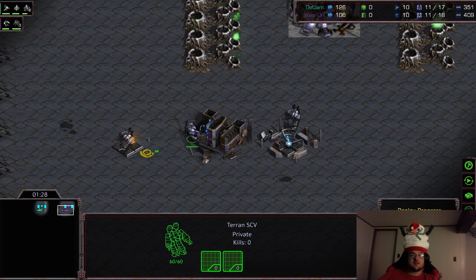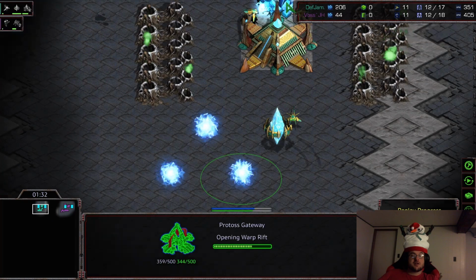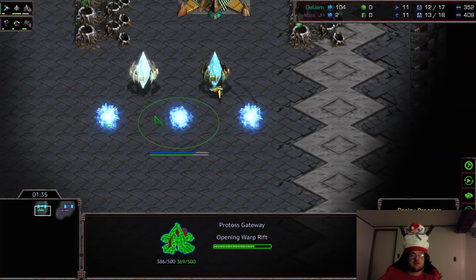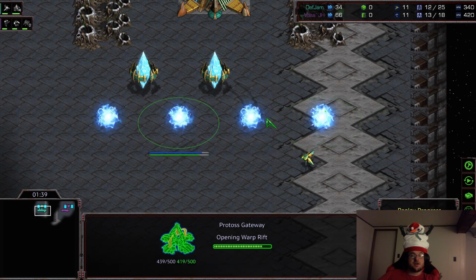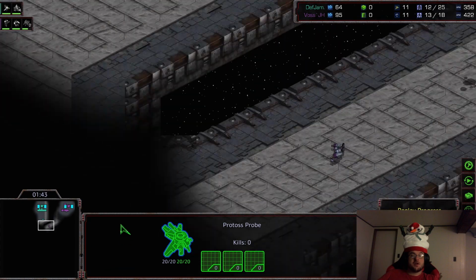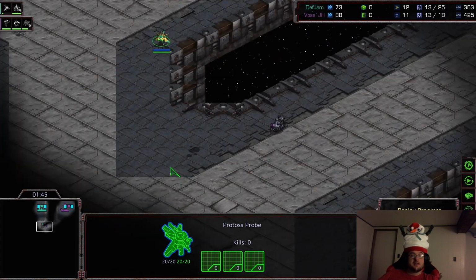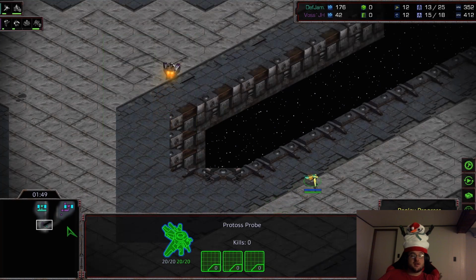JH going for that standard 3 barracks here. And yeah, this early pressure is going to be interesting, especially depending on how quickly they scout each other here. You do see that 4-gate completed. The first SCV and first probe are possibly going to meet here. And yeah, both players are going to know the race, and they're going to soon know the exact positions of